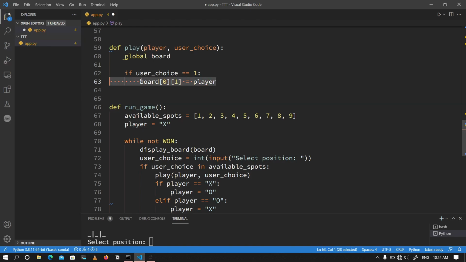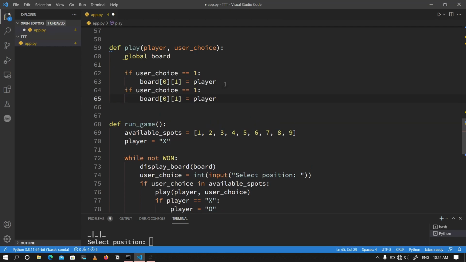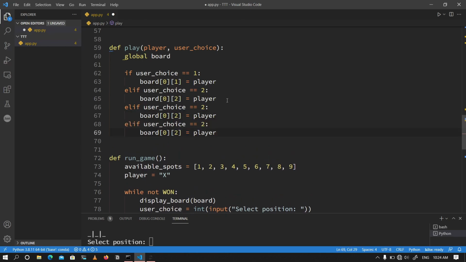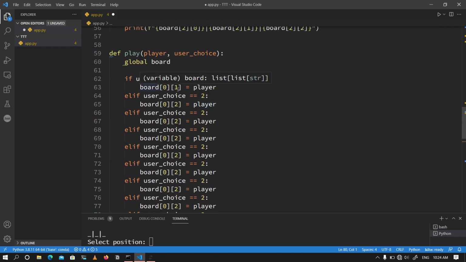I'm going to copy this a few times. Oh, let me write the early version. Copy this, paste, and I'm going to write this as if it is equal to 2, then it should change the second position rather. I'm going to copy this, paste it a few more times. Okay, now that I've pasted it about 9 times, I'm going to basically be changing the numbers over there. So if this is equal to 2, it should do that. If this is equal to 3,